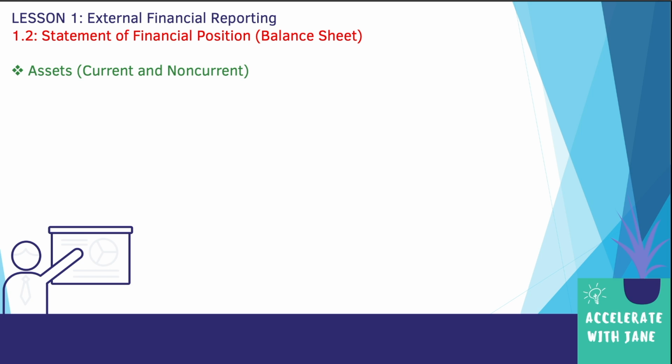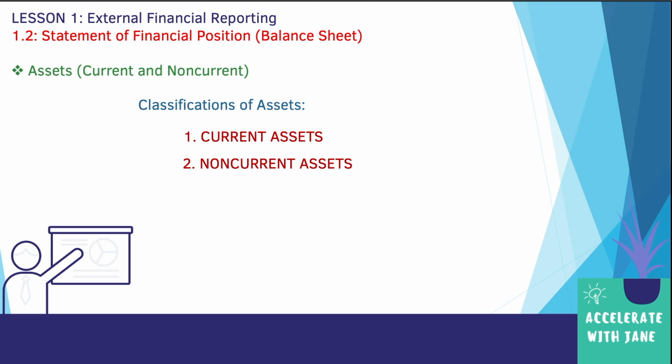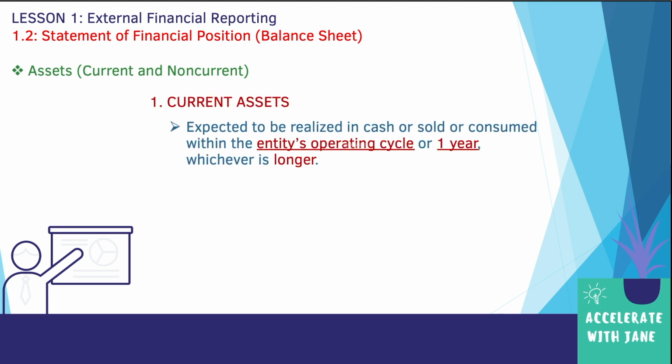Now let's talk about the assets. So basically, for the classifications of the assets, there are actually two classifications: current assets and non-current assets. So for current assets, this is the definition per standards. Current assets are expected to be realized in cash or sold or consumed within the entity's operating cycle or 1 year, whichever is longer. Now, when we say entity's operating cycle, some companies, usually, their operating cycle is beyond